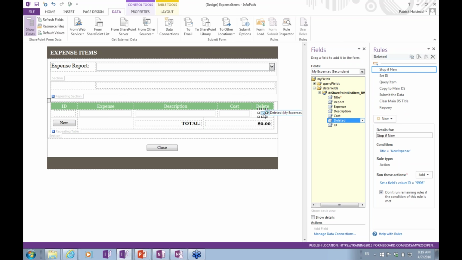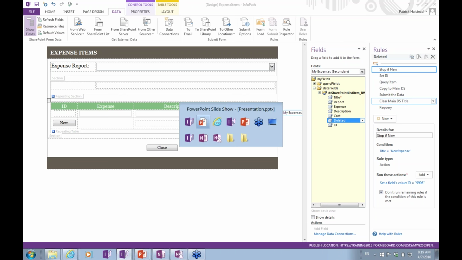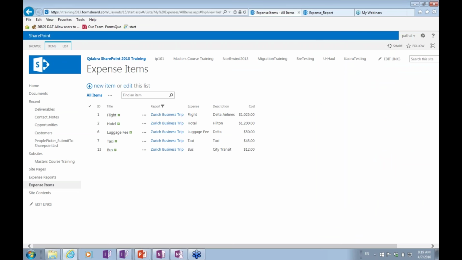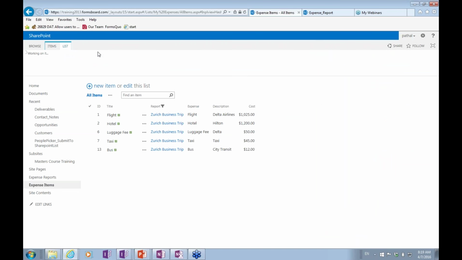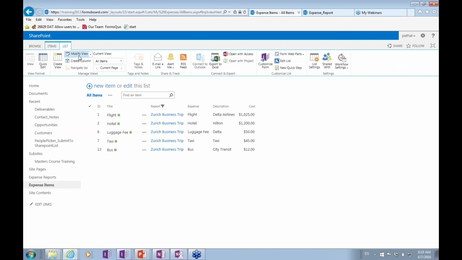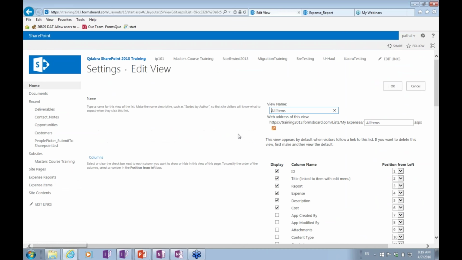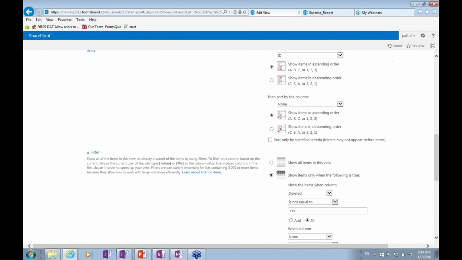Because when we click on delete, it's going to submit it with the delete flag set to yes, and we could have a workflow that then really deletes it. But in this case, I'm actually just leaving it in the list. And if I go to the list, you can see that if I modify my view to remove that filter, I've got a filter here that says, only show the items where delete is not equal to yes. And if I just remove it,